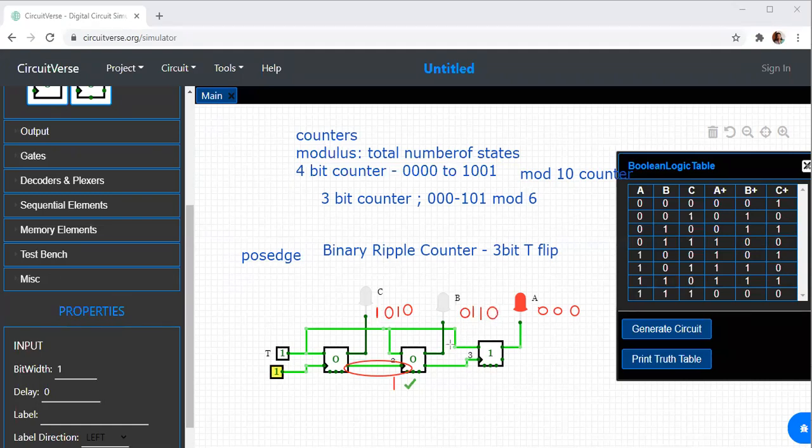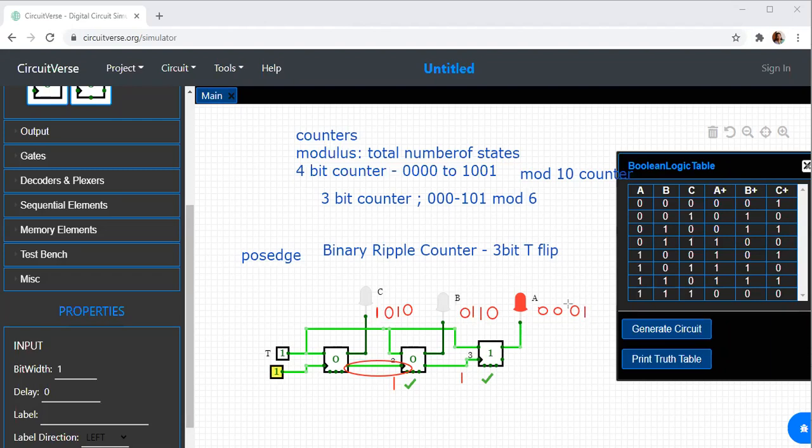Now Q is 0, right? So what is Q bar now? Here I have Q bar. So Q bar will be 1. Now since this flip-flop's Q bar is equal to 1, will it work? Yes, it will work. This flip-flop will work. So what is the previous state? Previous state was 0. What should be the next state? Next state will be 1 since clock is equal to 1.